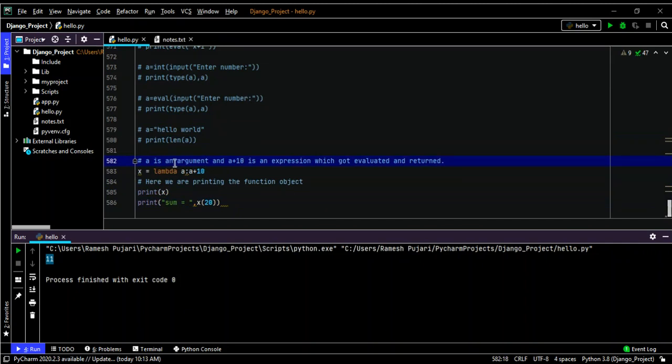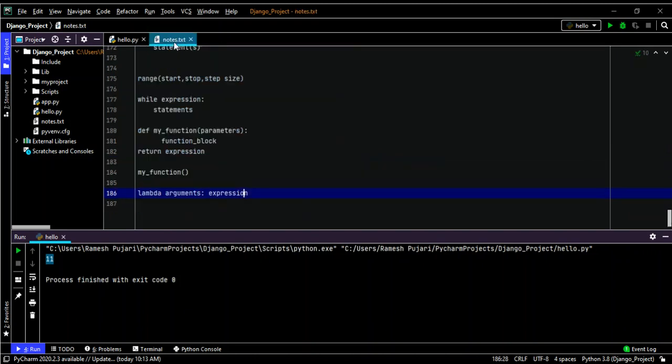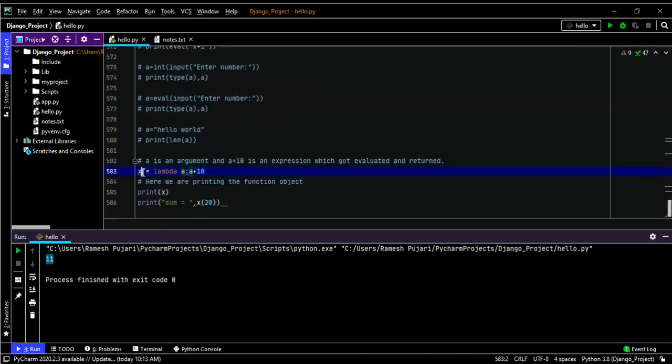Here x is the variable, lambda is the keyword, a is the argument, and a plus 10 is the expression which we will evaluate and return. You can see the syntax is the lambda keyword, arguments, and then the expression. This is the variable I'm storing in, lambda is the keyword, a is the argument, and a plus 10 is the expression.